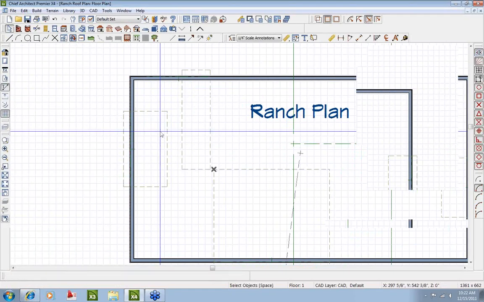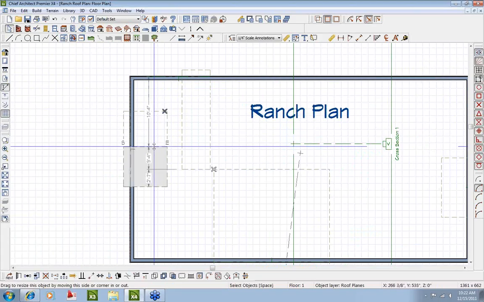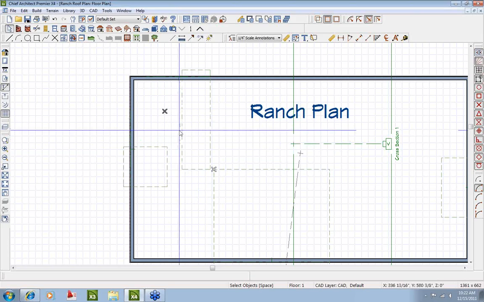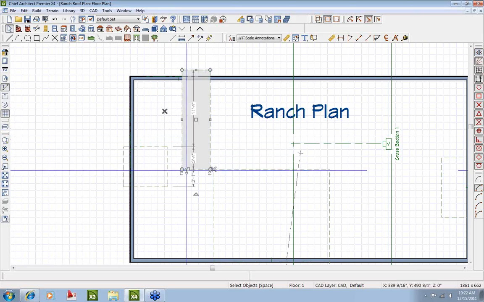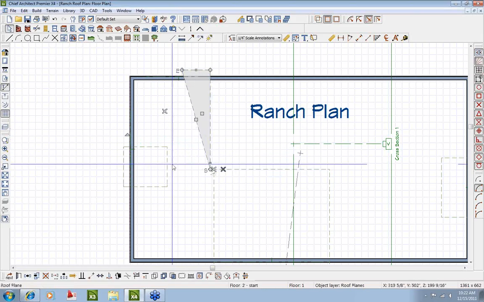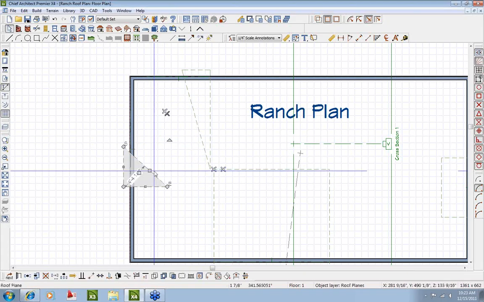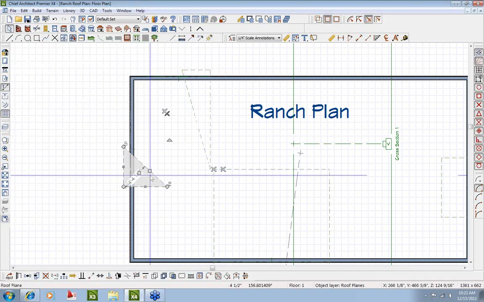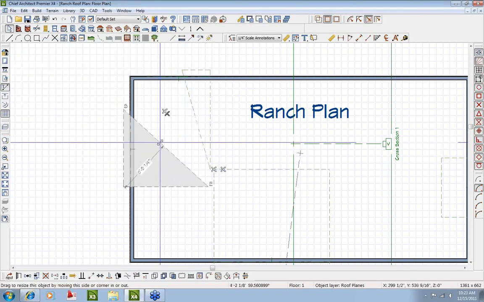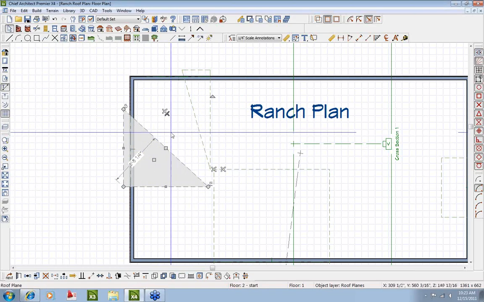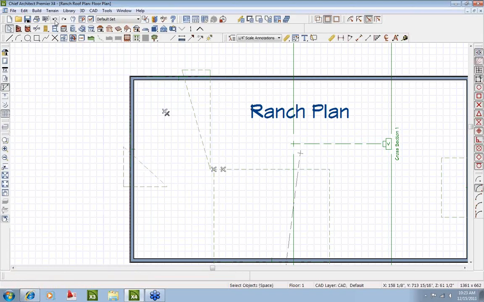Okay, there's another way that is a whole lot easier. If I were to try to join these two roof planes, I would have to pull this back, find out where they intersect, and hold on, I have to go through this whole nine yards of joining them together. Well, an easier way to do it